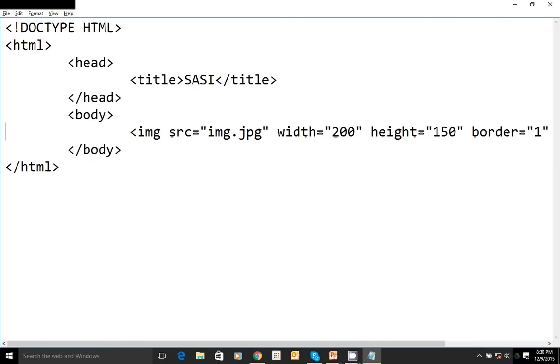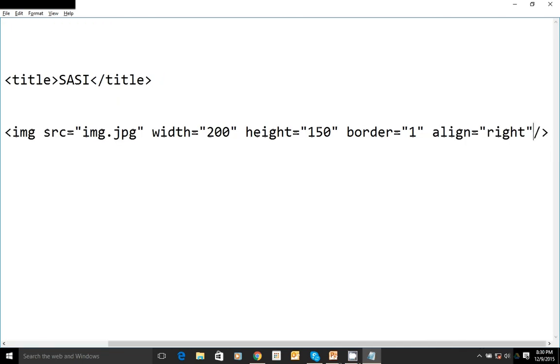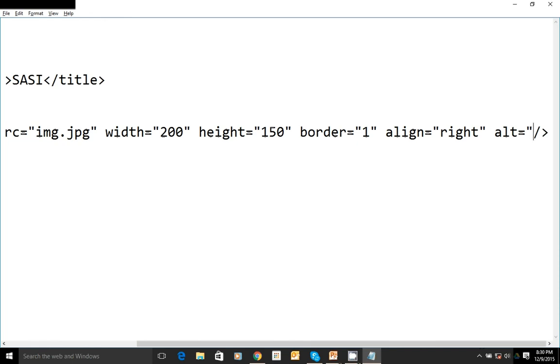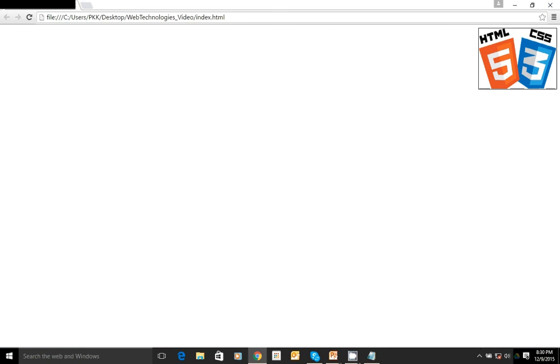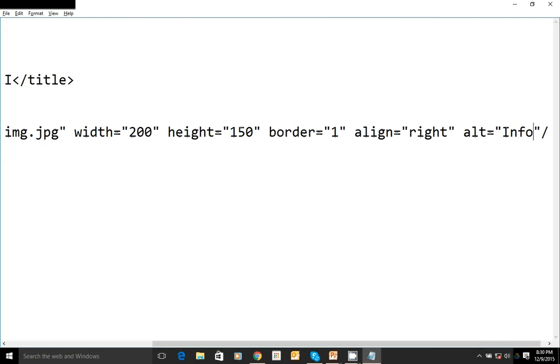And apart from that, there is one more attribute called alt. Alt will give you some information about the image. Let's say info. So the moment you place this, that comes. Okay. This is about the image tag.